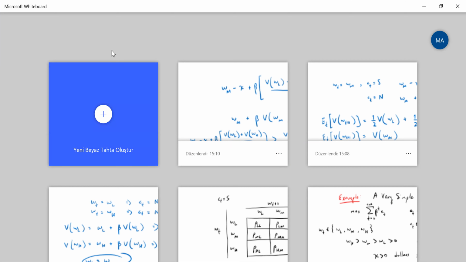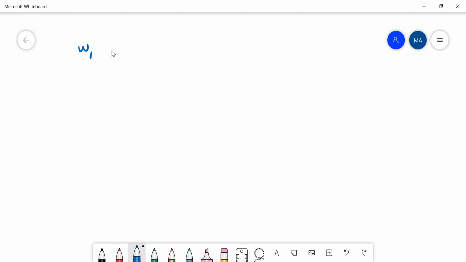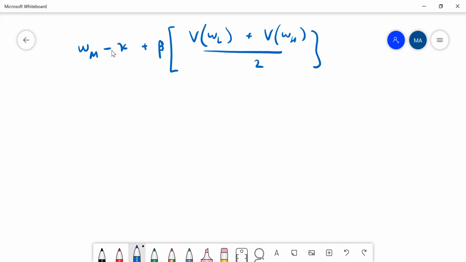So I have again Wm minus kappa. This is under the case of searching. WL plus WH divided by 2. Now I want this to be greater than VWM minus beta, right? Now notice that, recall that